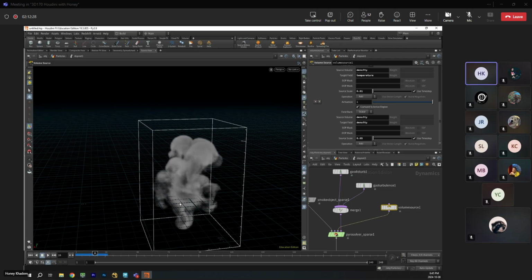If you have temperature, remember we need temperature to rise the smoke. If you don't have temperature, the smoke fire doesn't work. I mean, it's just going to be staying in the same place. And velocity. For the effect that I was telling you about, we don't really need this. The only thing we need is the velocity. So we don't need the smoke. We only need the velocity from the DOP network. Okay? So we don't care about the look of the smoke. The only thing that we care about is the velocity of that.